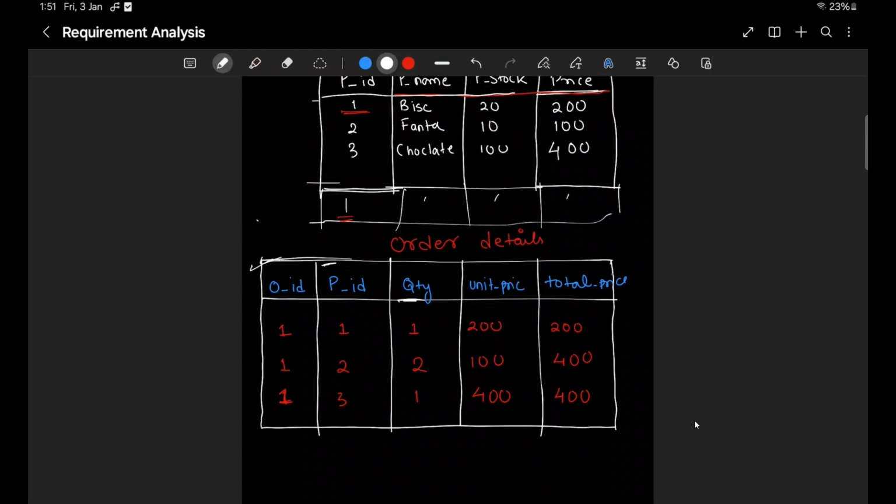This structure allows us to track exactly which products were part of which orders, calculate granular details like the number of units sold for each product, and avoid duplicating data in the product or order table that we have seen in the above example. By using this approach, we maintain a clean and efficient database design while gaining flexibility to answer questions like which product was sold the most or what is the quantity of a specific product in an order.